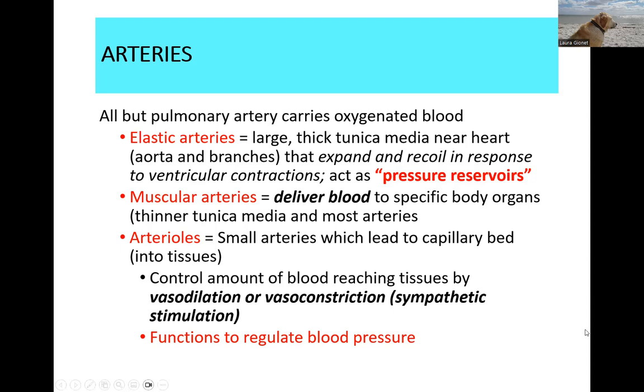All right, so arteries, we have elastic arteries that are large, have thick tunica medias. They're the ones closest to the heart that expand and recoil in response to ventricular contractions and act as a pressure reservoir. So what their job is as we're ejecting blood from the left ventricle, as you know, into the aorta, out into systemic circulation, and actually to coronary circulation as well, is that those elastic arteries are designed to expand to accommodate that